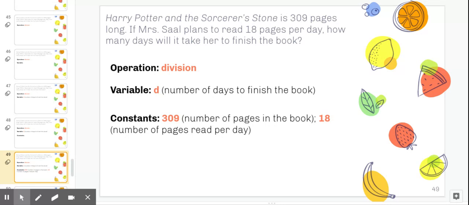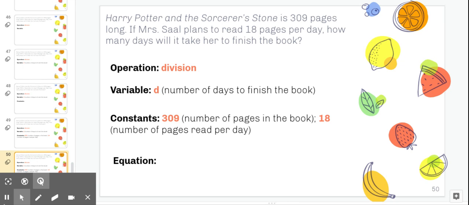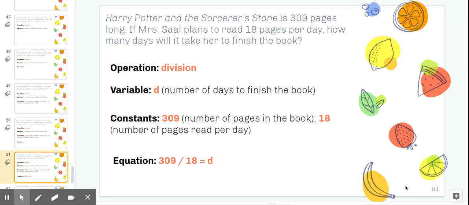The final step is deciding on the equation. Now, this part could be the trickiest part, because division equations with algebra are always the most challenging to write, I've found. But the one that I wrote is 309 divided by 18 equals D. The reason I wrote that equation is because there are 309 pages in the book, and I've already decided that I'm going to read 18 pages per day. So I'm going to take the 309, divide it by 18 pages per day,